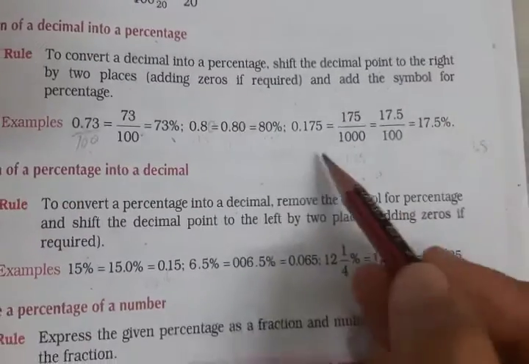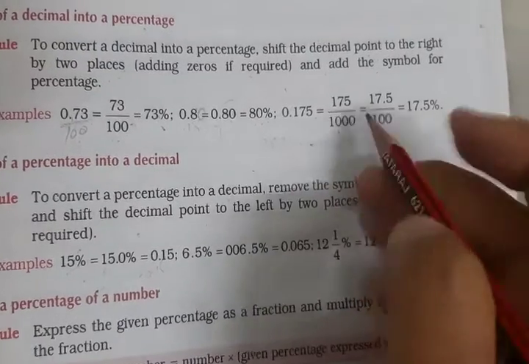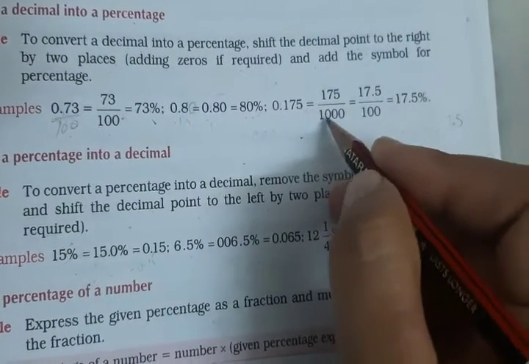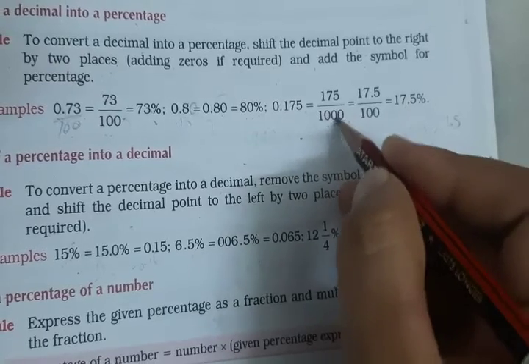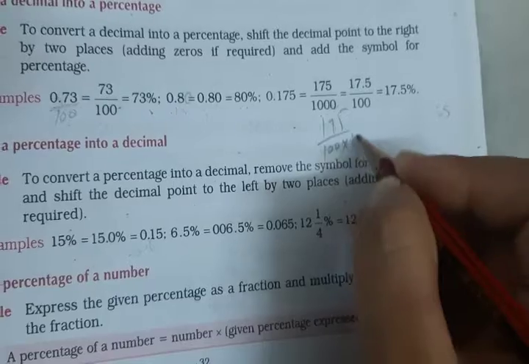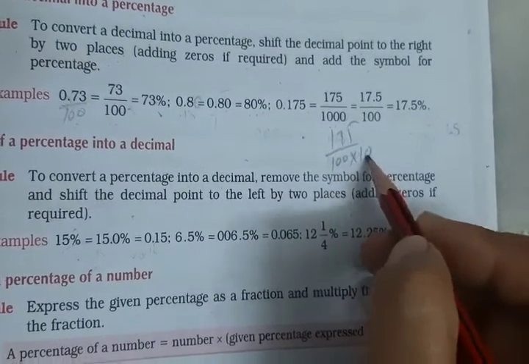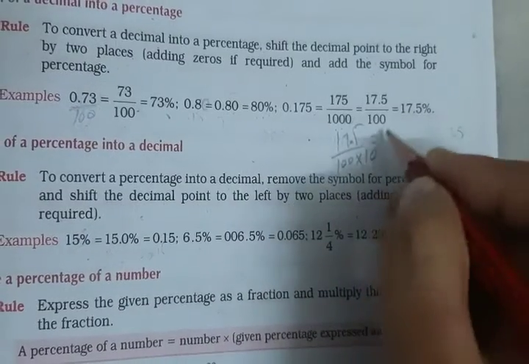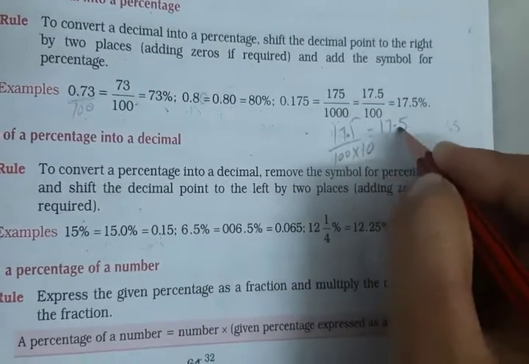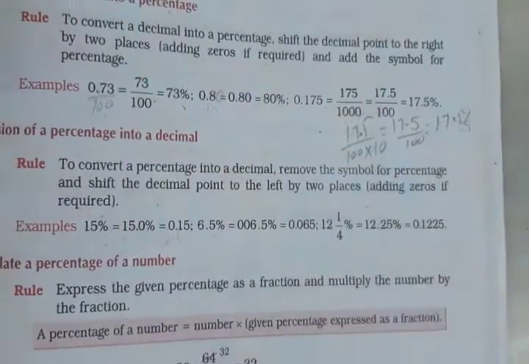Same as it is. In that, what they will do? Remove decimal, and 100 will come. After that, look, 1000 will come. We want only 100. That means 10 is extra. We will write like that also. On book they will do like that. Now we want only 100 in denominator, so this 10 we will put a decimal here. That is equal to 17.5 divided by 100. That is equal to 17.5%.